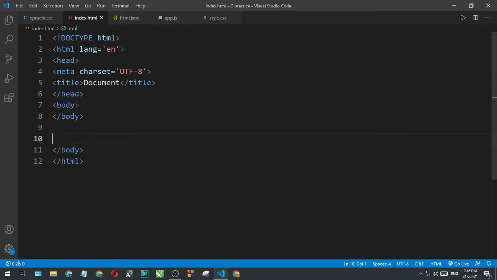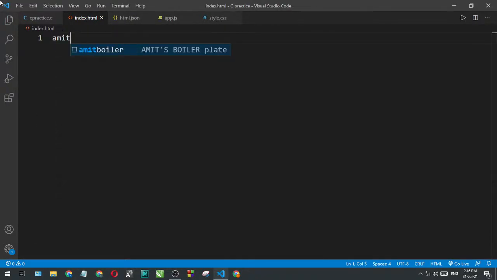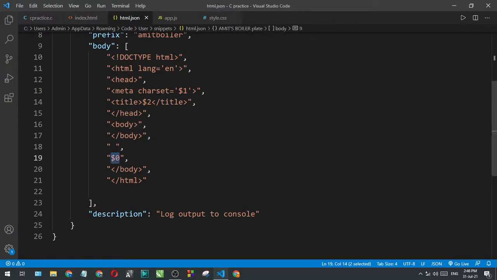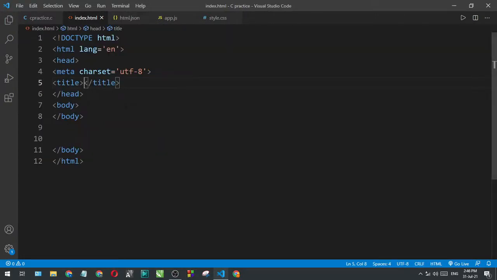Let's see it in action. When I click Amit boiler, see, first my cursor is here. So I write UTF-8. When I press tab, my cursor automatically reaches in between the title, because I have set it to get in between the title. And then when I press tab again, wait a second, let me add a title, Amit website. When I click the tab again,